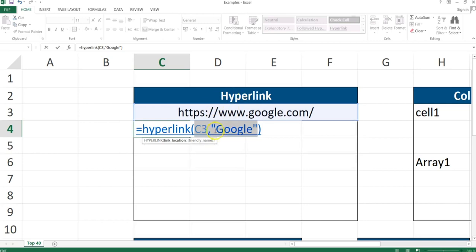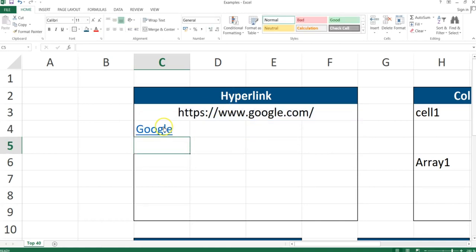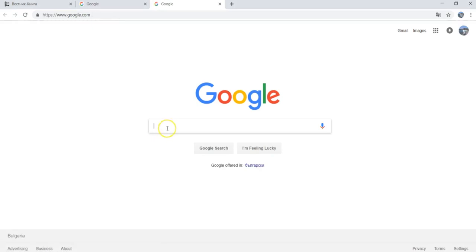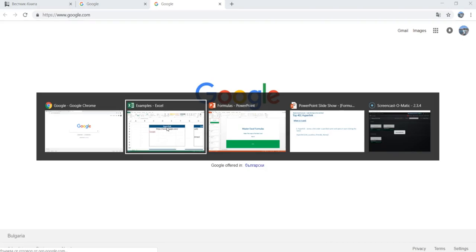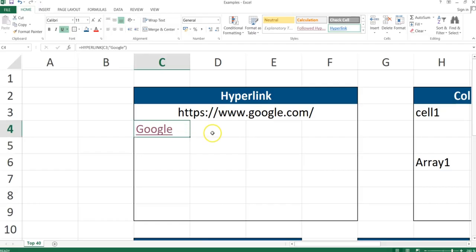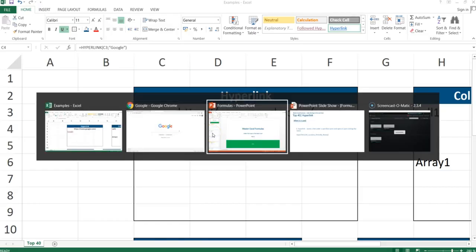I'm using the comma instead of the semicolon again. So this is what we have. Now if I press here, it will open Google. So let's see what happens. Right, so here we go, and we have Google here. Okay, so going back to the presentation again,